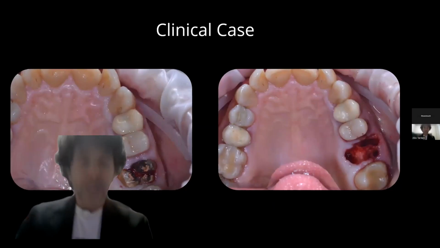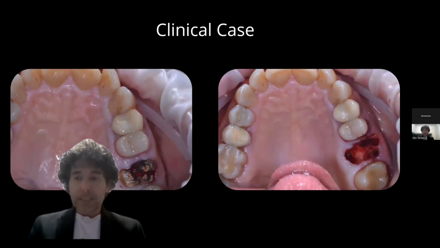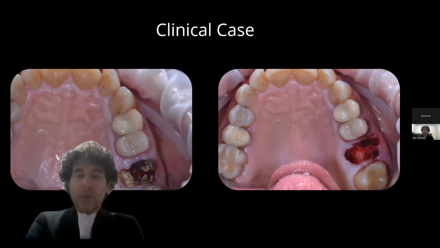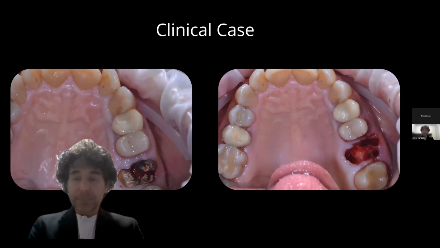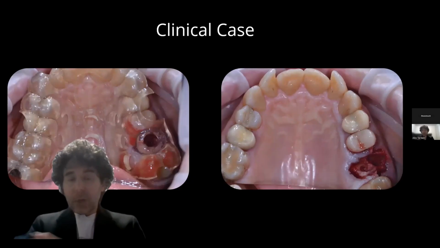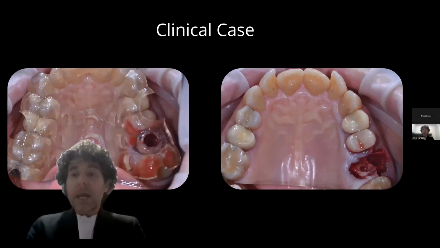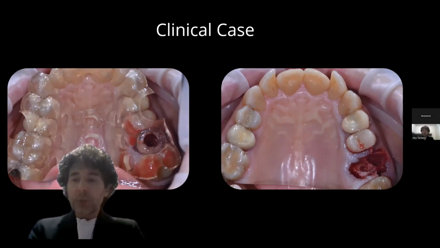So, here we are. You see the sectioning of the tooth, its extraction, so the post-extraction sockets are clearly visible. Obviously, a thorough curettage was performed to remove the apical granulation tissue at the mesiobuccal root. We placed our surgical guide, which, as you can see in this case, is a sleeveless guide, and with the mallet, we completely altered the architecture of the post-extraction socket. We created a new socket for our implant placement, so we managed to have perfect bone for our implant placement, so the implant was placed